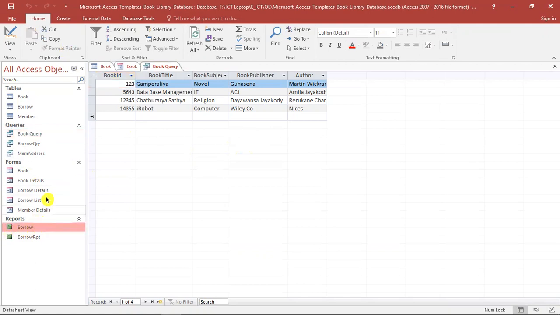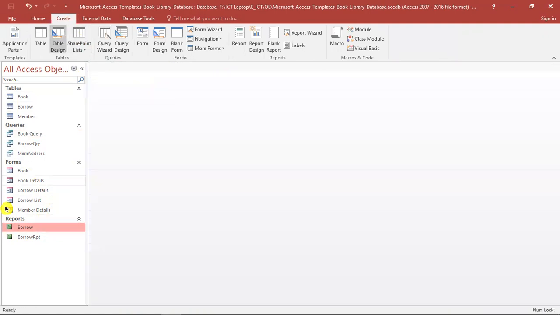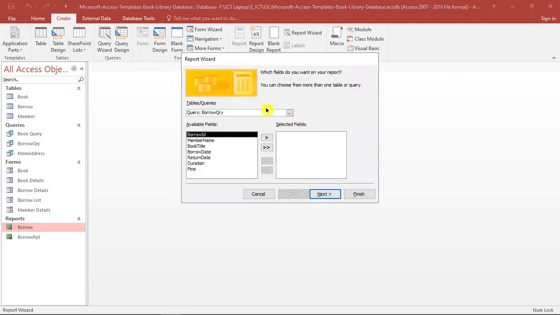The final object is reports. We can get reports from this option, the create tab, and reports, report wizard. Using the report wizard, we can add fields to that.